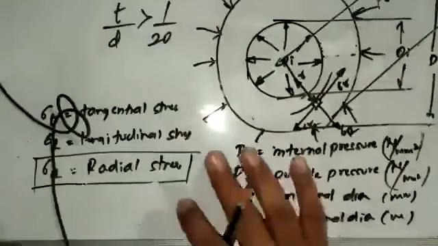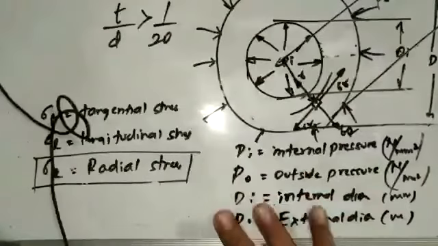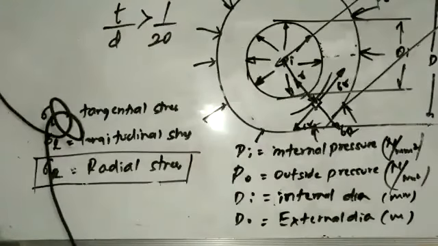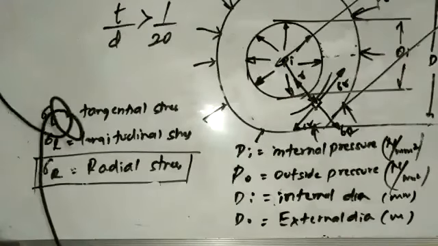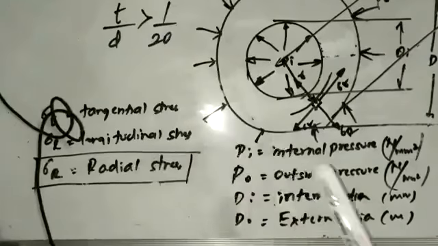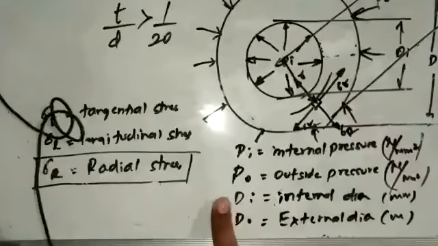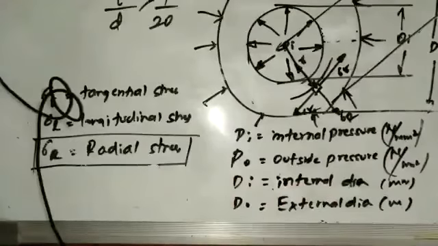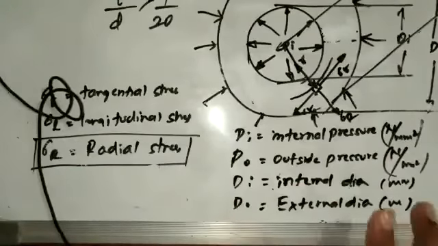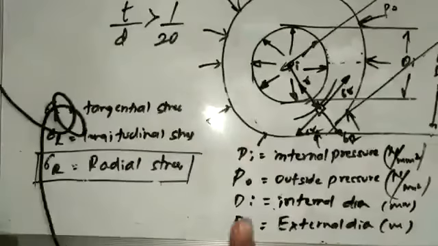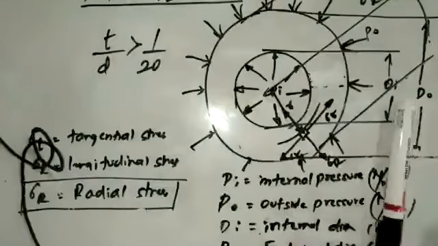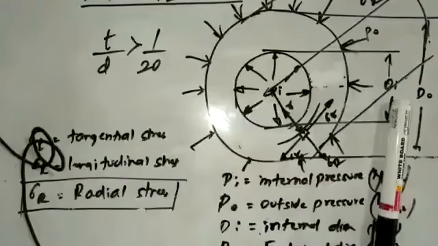This derivation is a little bit bigger, so we have to carefully see while deriving this particular equation. I'll do it in parts so that you understand the derivation. It's called Lame's theory equation. Next class we'll see that in detail. It is a very important derivation, the derivation for stress variation in a thick cylinder. Then I'll end this session.